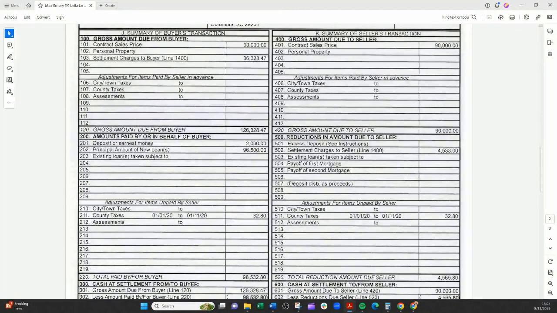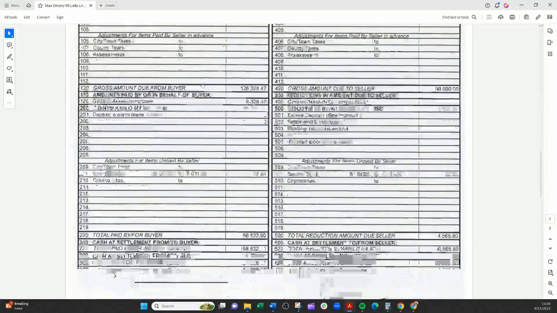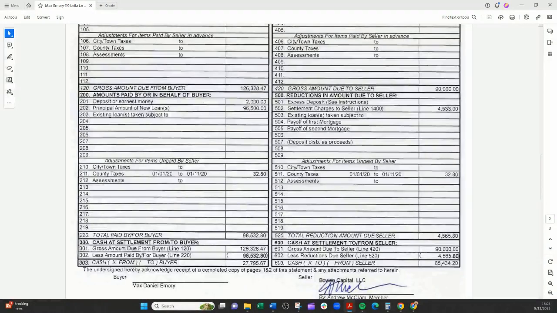We see the contract sales price, all right, some settlement charges. So we'll dig into those. Those look a little inflated and we will see why. Okay, we have some earnest money clearing escrow. Principal amount of new loan. So there's a loan on this property,